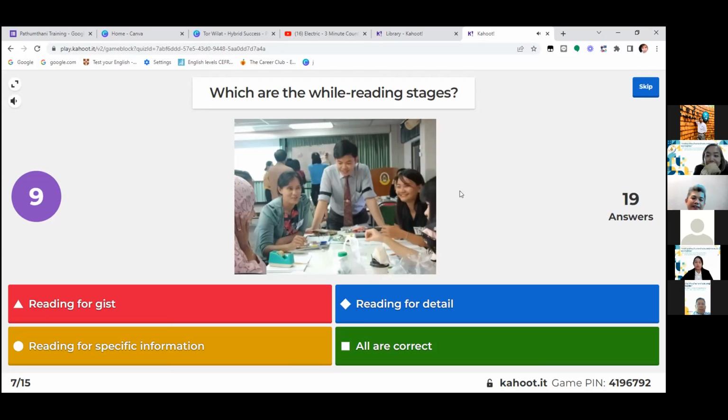Future simple: I'm going to apply for a job, I will do this and that. All right, great. What about if you are HR managers, human resources managers? What kind of question are you going to ask the applicant or the employee?